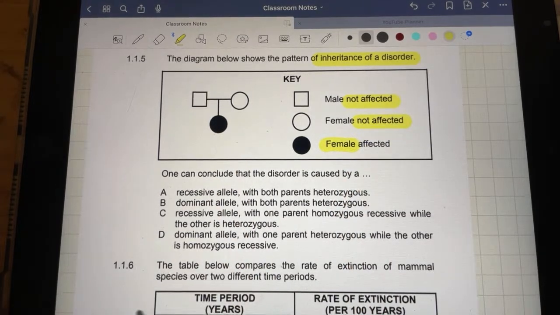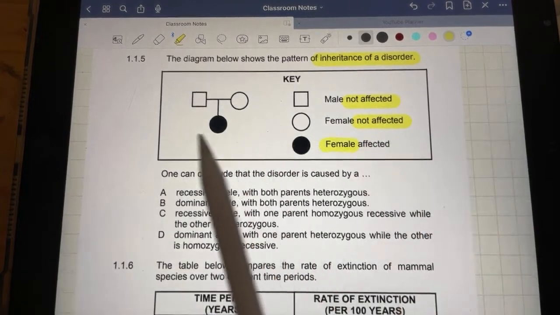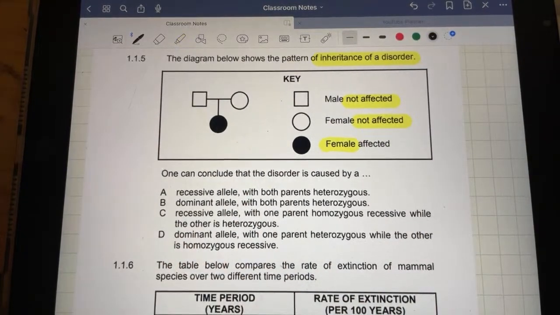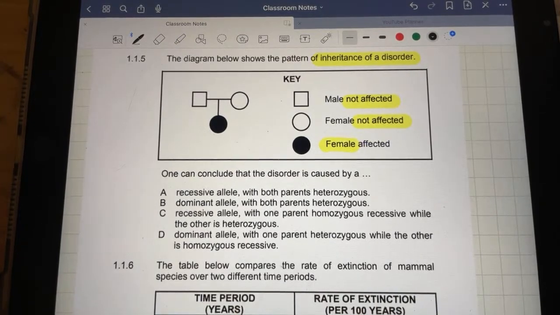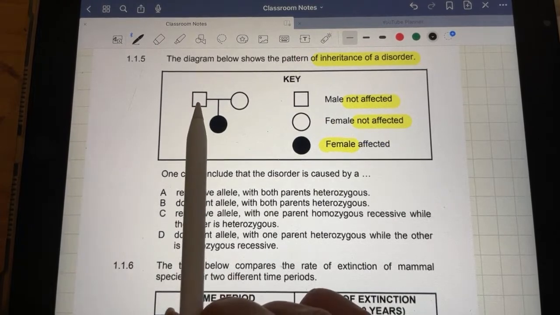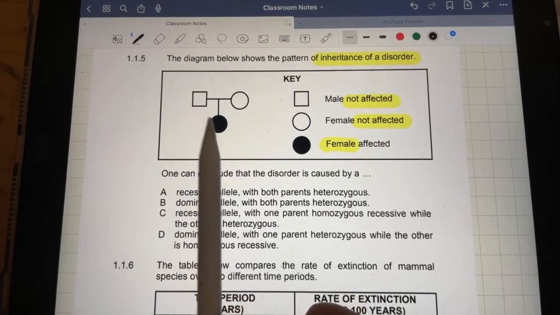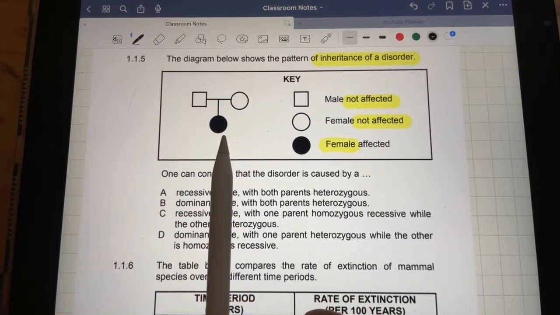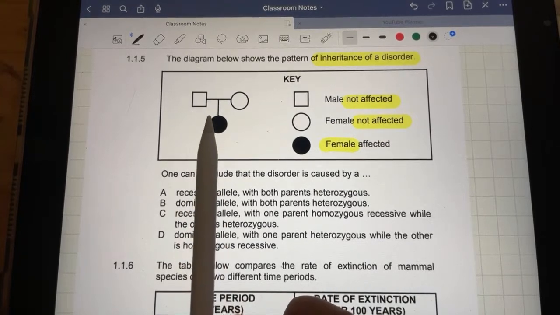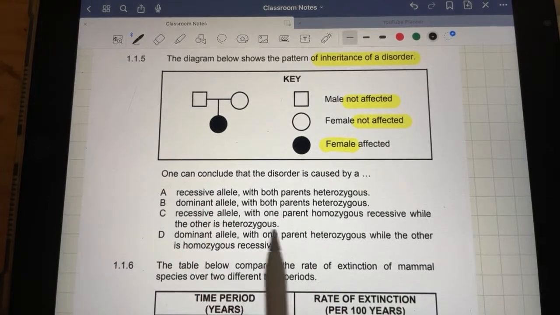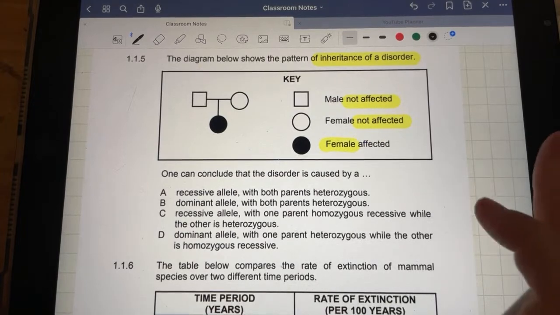So now we've got to break this down. It doesn't say it's a sex-linked disorder. It doesn't say it's a non-sex-linked disorder, nothing like that. You've actually got to figure that all out for yourself. I'm already going to say that it's not sex-linked. The reason being is you can't have a father who doesn't have the disorder and a daughter who does have it and then be sex-linked. In other words, if the daughter has it, the father must also have it if it was sex-linked. So this is definitely autosomal, but if we actually look at the question now, that might not be too important for us to figure out. But let's have a look at the question.